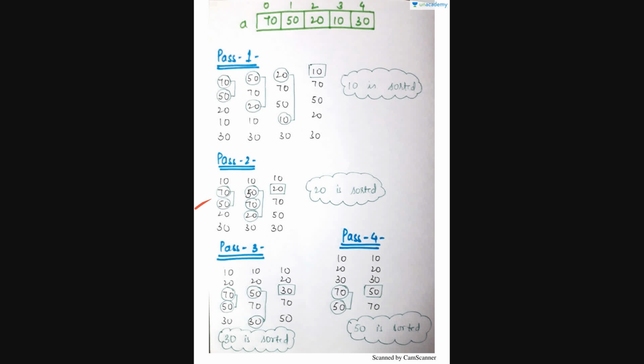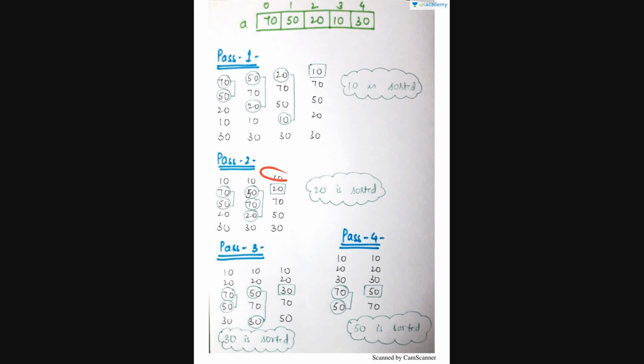Next, after that, 50, 70, 20, 30. We have to check the first number which is smaller than 50. So after that, 70 is there. 70 is also greater. So next element, that is 20. 20 is smaller than 50, right? So we have to swap these two. That is, 20 will go into the place of 50 and 50 will come into the place of 20.